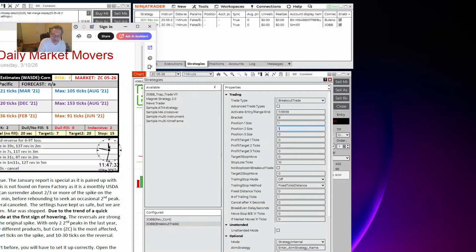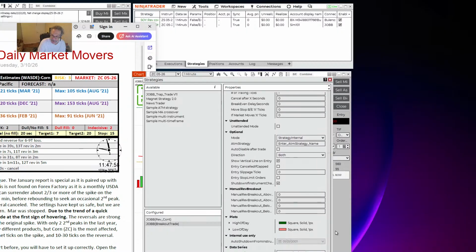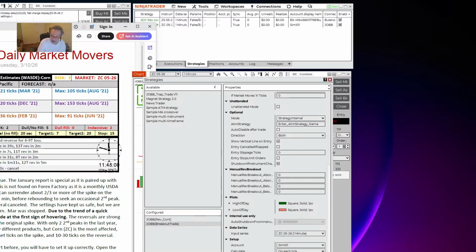And we got a target of 7 and a target of 20, with a stop of 15 on corn. If it hits the first target, I would move to break even minus 2. BE -2 on target 1 stop move. So we'll check our corn bracket